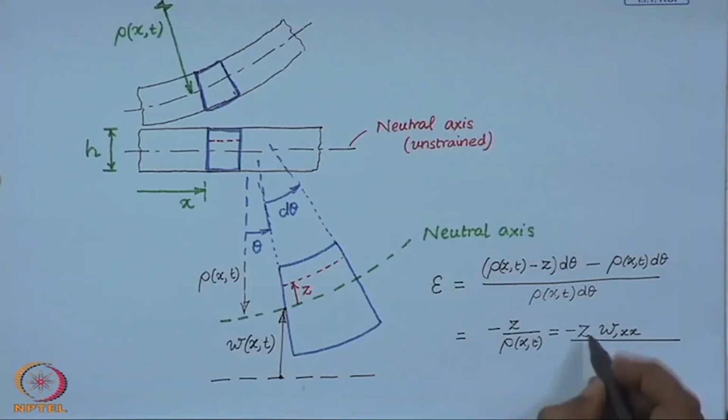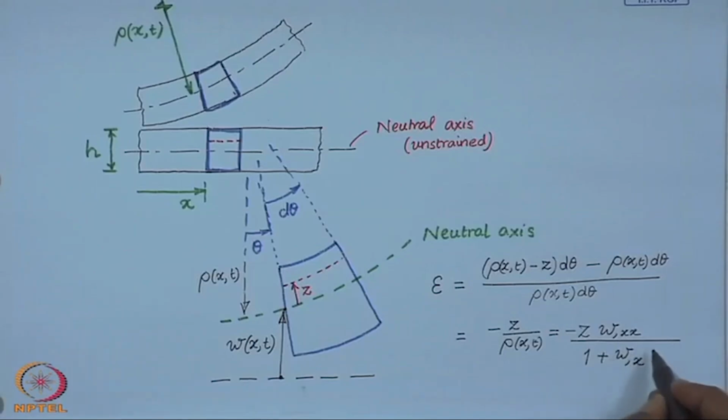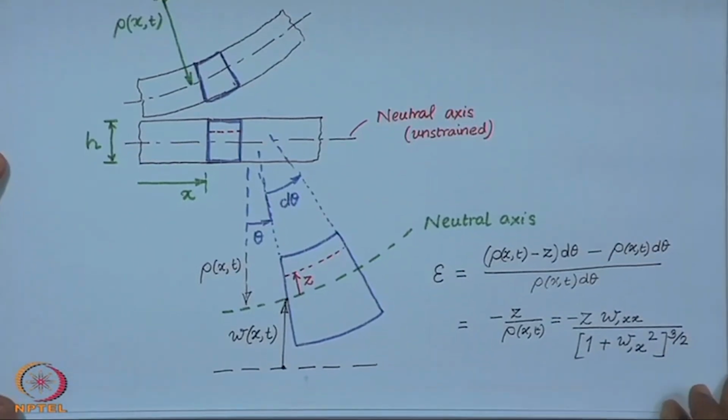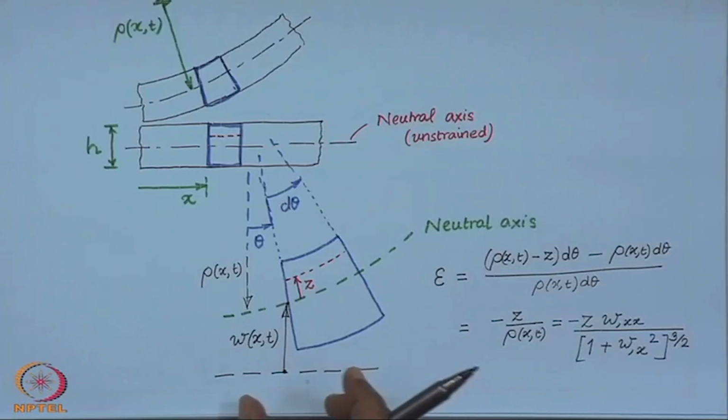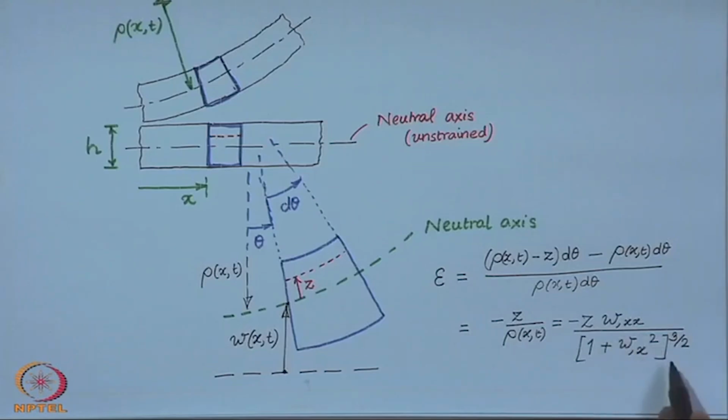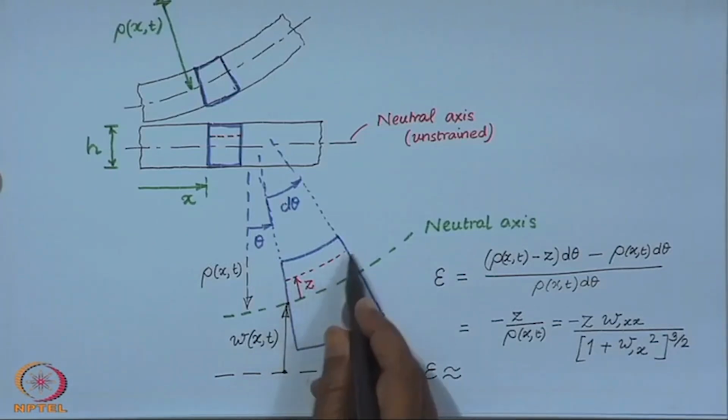derivative with respect to x of W divided by 1 plus (del W del x) whole squared, raised to power 3 over 2. Now, we will consider in these derivations that the slope of the beam is small. So, under that assumption we can drop higher powers of the displacement variable W or the derivatives of the displacement variable, the field variable. We can drop the higher order terms and we can write the strain in this fiber